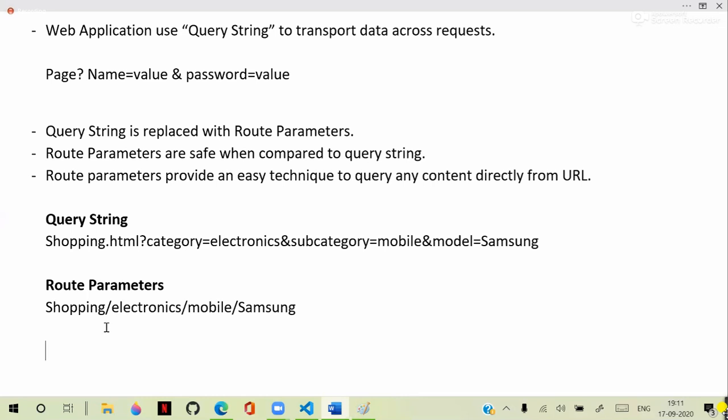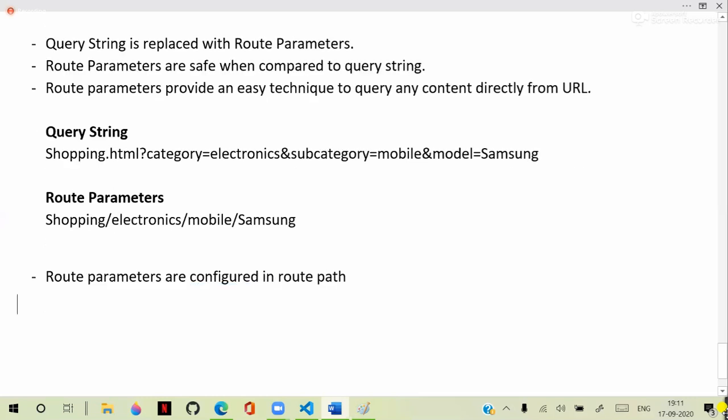Route parameters are configured in the route path. How do we configure the route parameters in the route path? Actually, we use this technique. We have a path, and the path is some